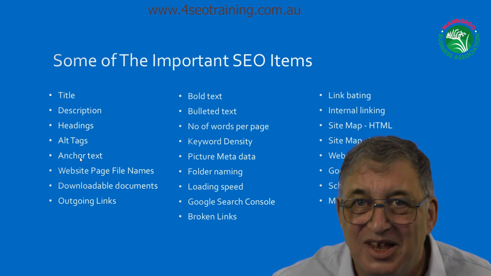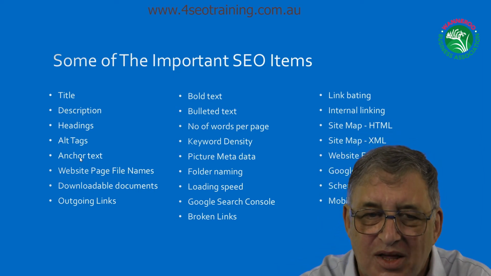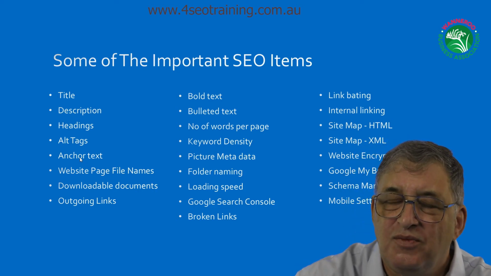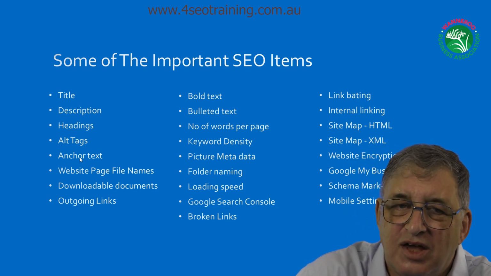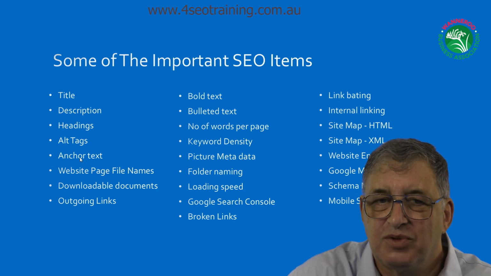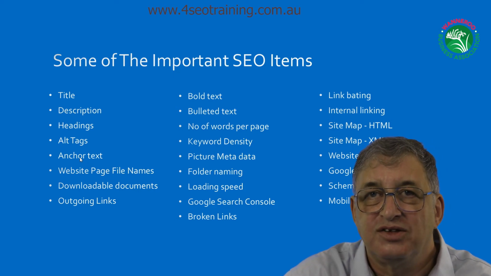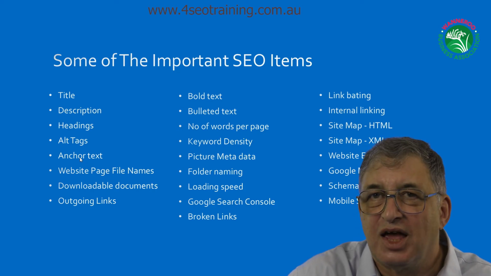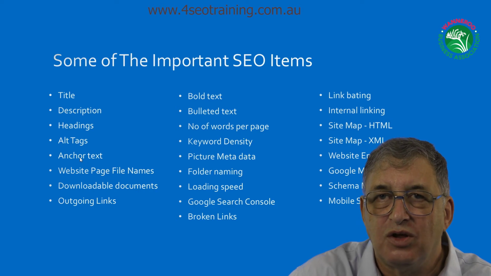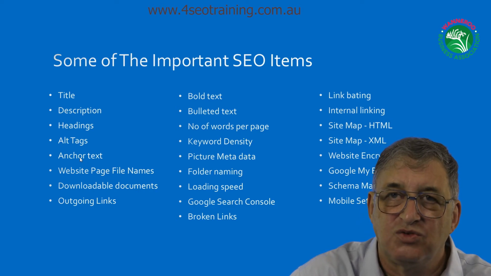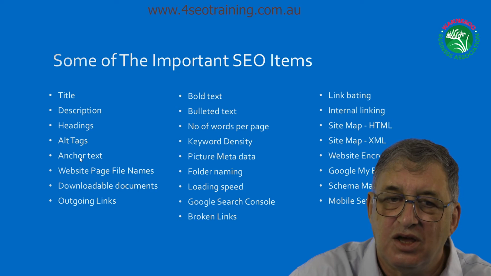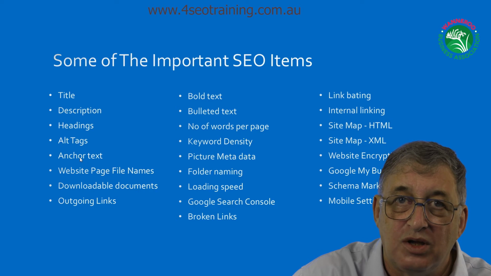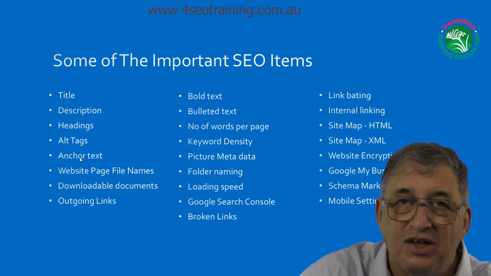So let's say I wanted to say something like "click here to download a free tips and tricks manual." What I would do is have something like "download my free SEO tips and tricks manual", and have the words "SEO tips and tricks" make up the link. Those words become what's called the anchor text. So basically, the anchor text is packed with my particular SEO-important keywords. So that's all anchor text is.